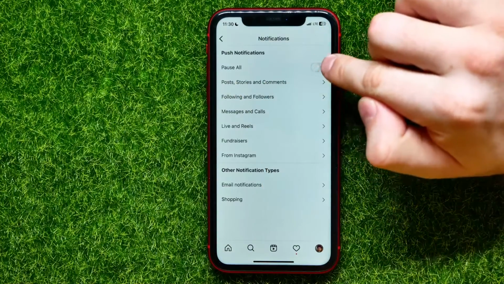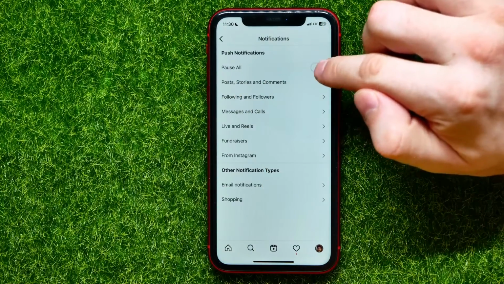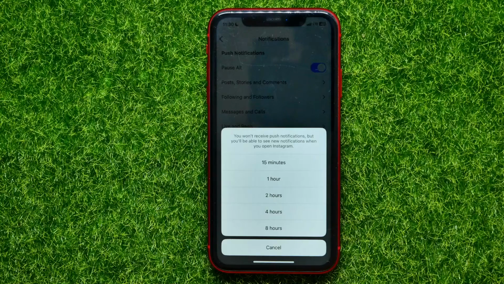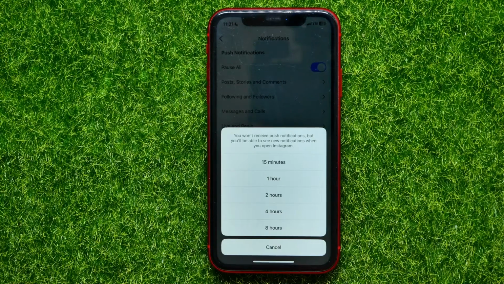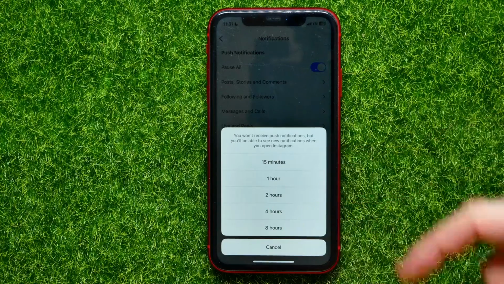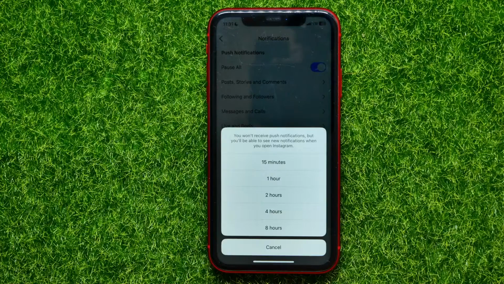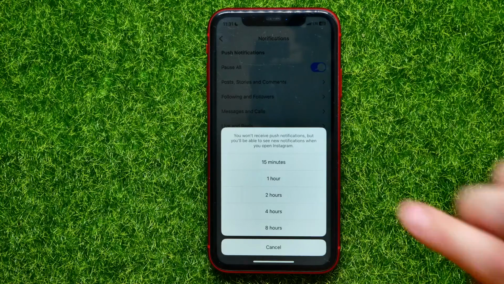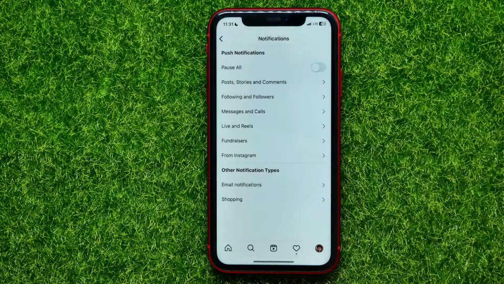feature. I can hit that feature to toggle it off, but unfortunately you can toggle off notifications just for up to 8 hours. After 8 hours or after any other time that you selected, notifications will be toggled on again. So if you want to completely toggle off notifications for that account, you can hit right there at cancel,